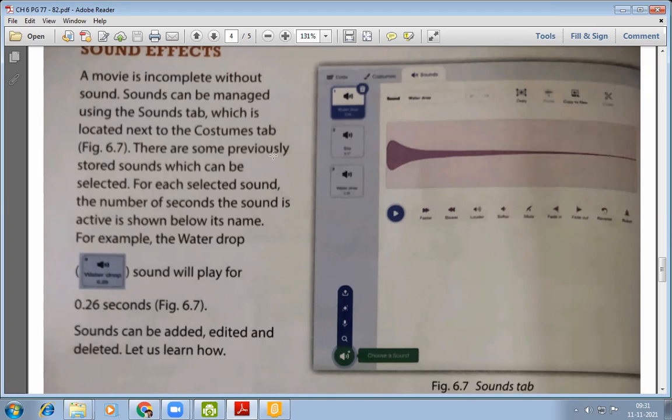For each selected sound, the number of seconds the sound is active is shown below its name. For example, the water drop sound will play for 0.26 seconds. The sound can be added, edited, and deleted.